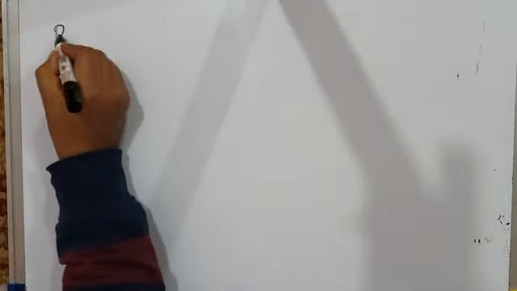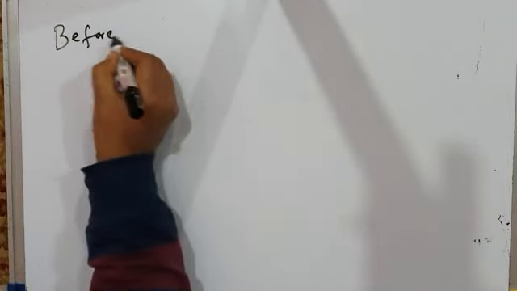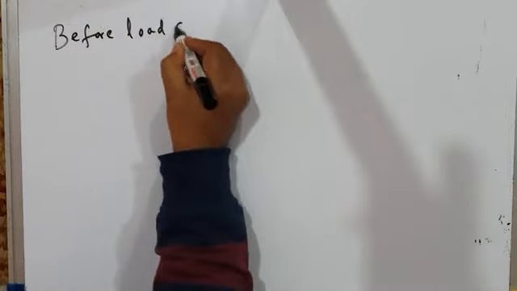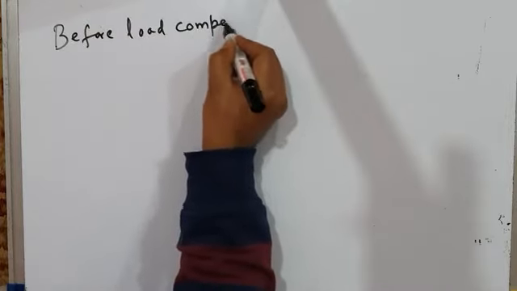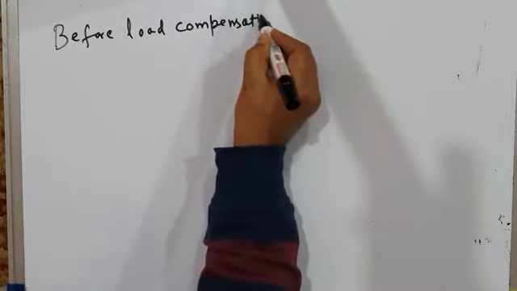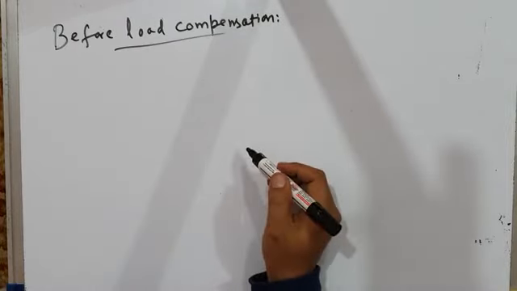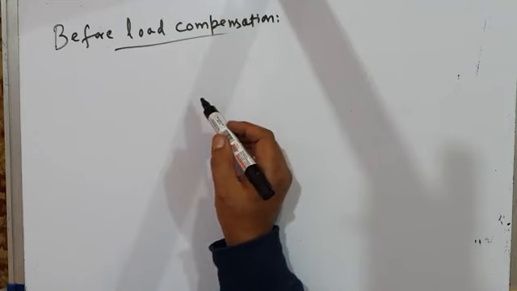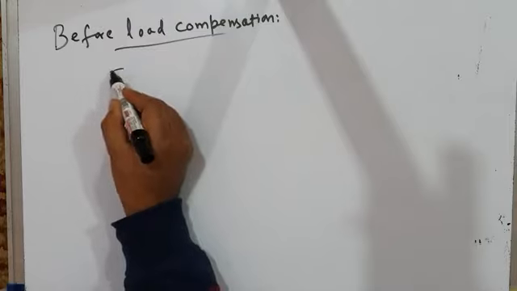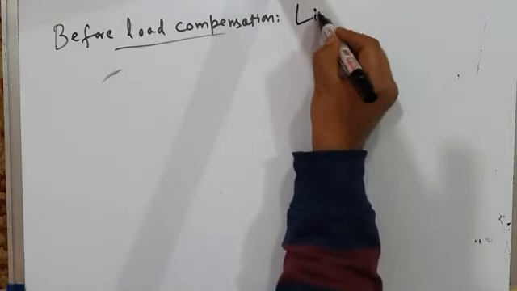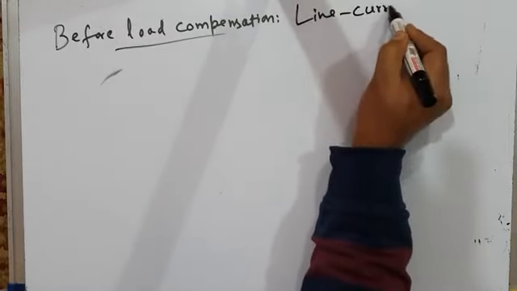I will write here before load compensation, that is without connecting the passive shunt compensator. So you have to find various line currents. I will write here line currents are,